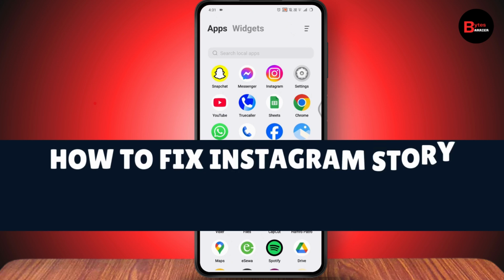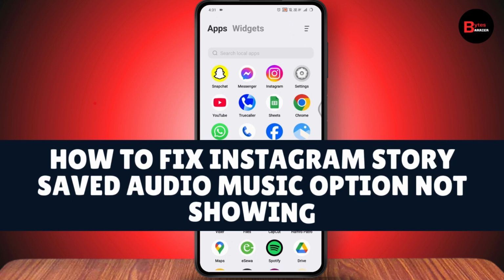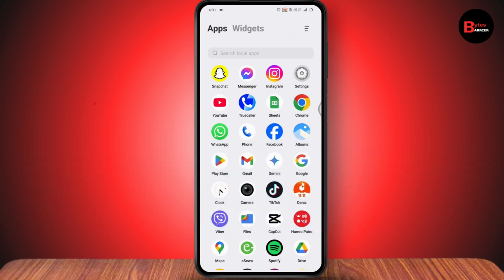How to fix Instagram story saved audio music option not showing. So if you want to fix Instagram story saved audio music option not showing, then what you need to do